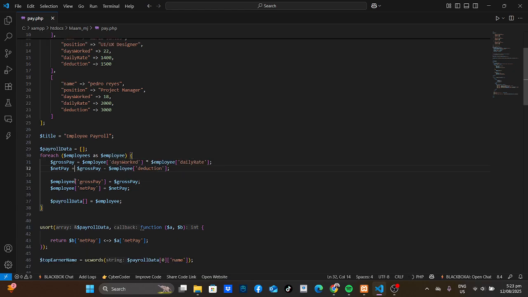After computing this, I add the gross pay and the net pay to the employee data and store it in our payroll data, which is here.